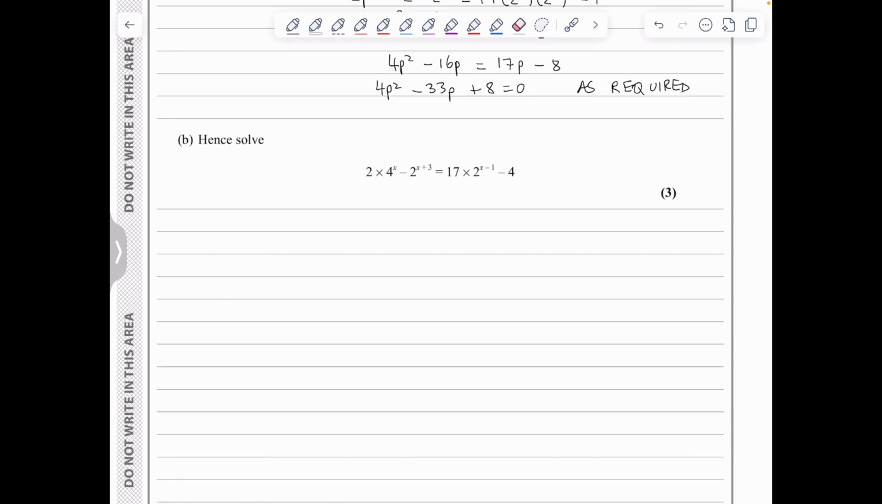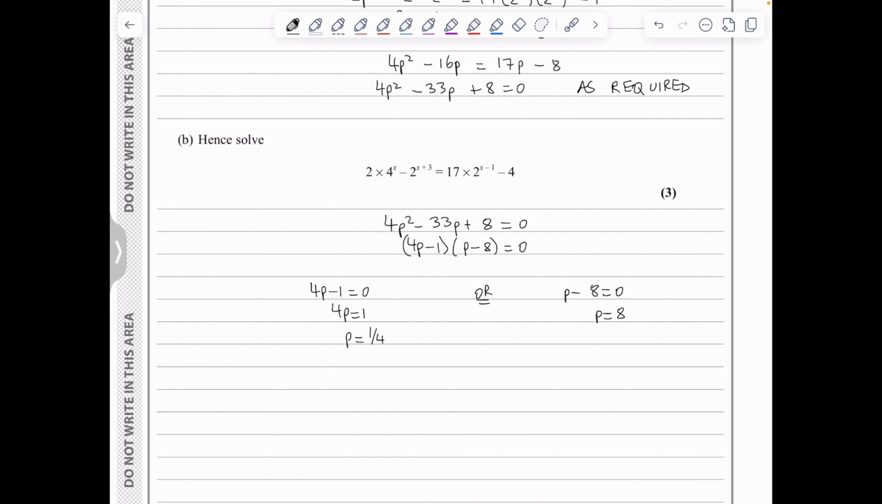In part B, we are asked to hence solve the given equation. So starting with the given quadratic, we need to show all the working clearly. I cannot use the calculator to extract the solutions to this quadratic, so I will instead proceed with factorizing. We've got 4p minus 1 times p minus 8 is equal to 0, which means that either 4p minus 1 is 0 or p minus 8 is equal to 0. So we're looking at 4p is equal to 1, which means that p is a quarter,